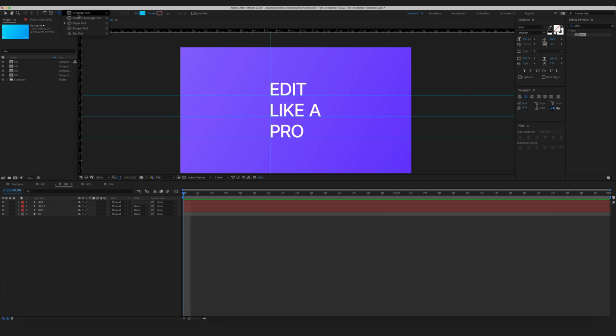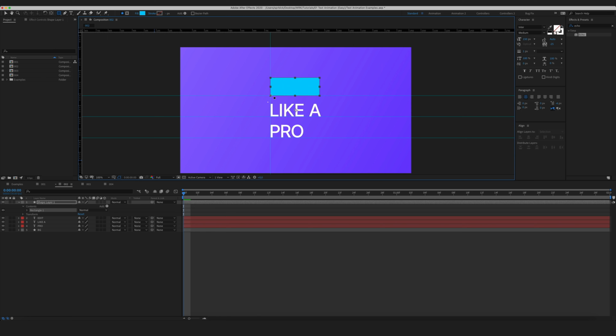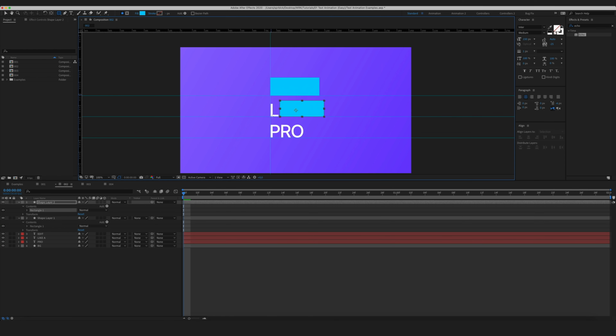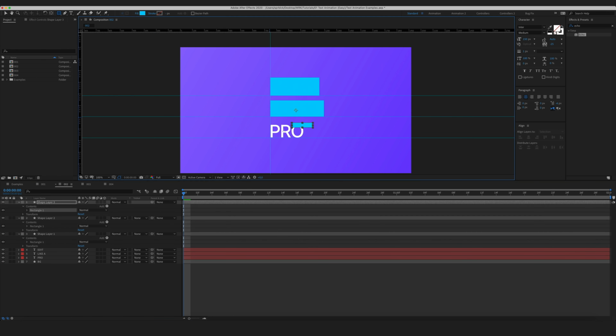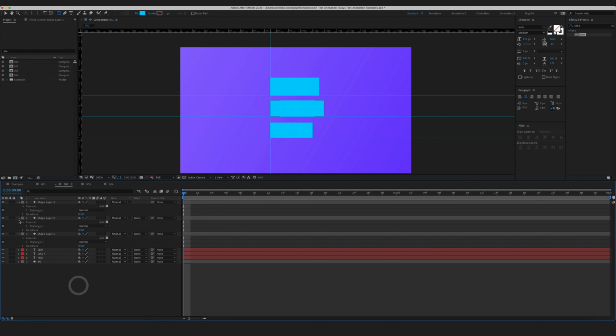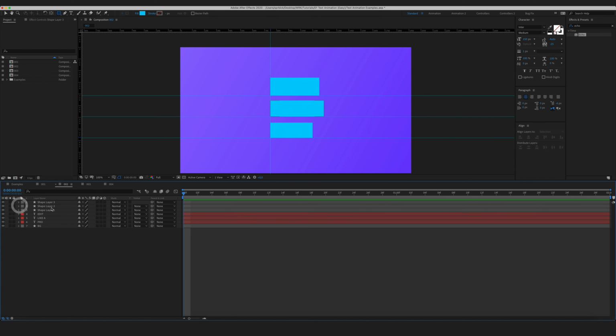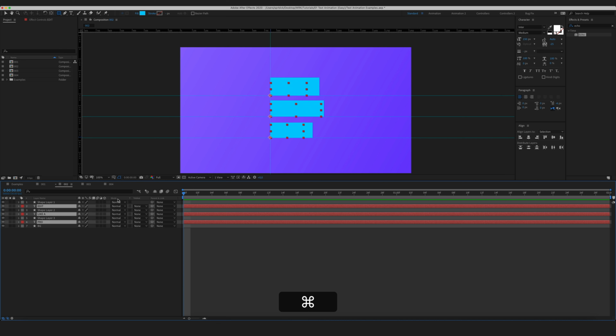I'm gonna use the rectangle tool. And I'm gonna draw a shape on top of each of the text layers. Now that we have our shapes, let's place them above the text layers, each shape above the corresponding text, like so. And now let's select our text, and in the blending menu, in the track matte menu, let's select alpha